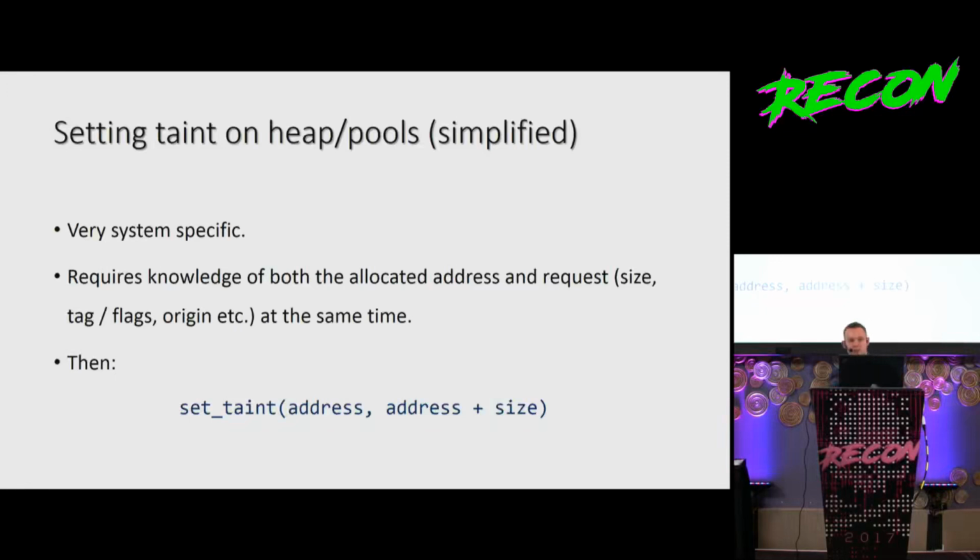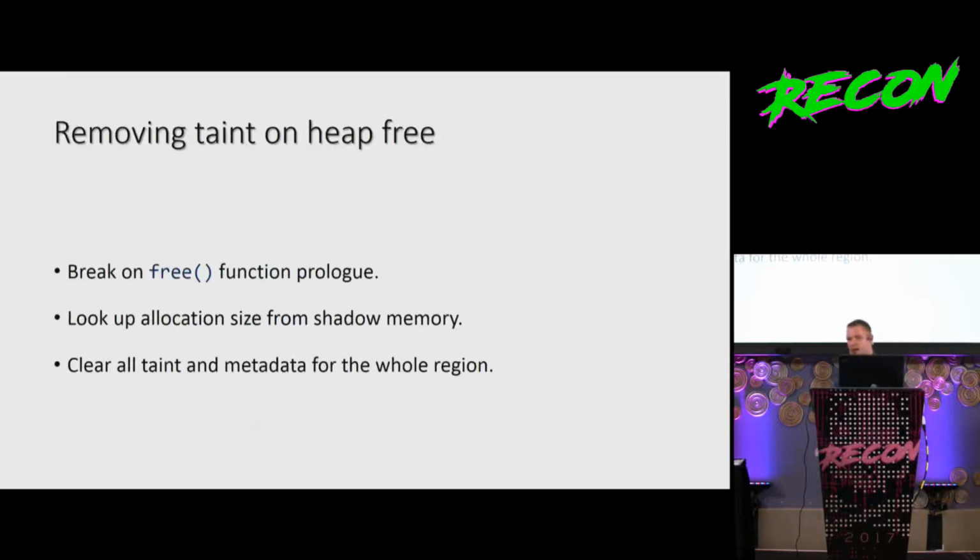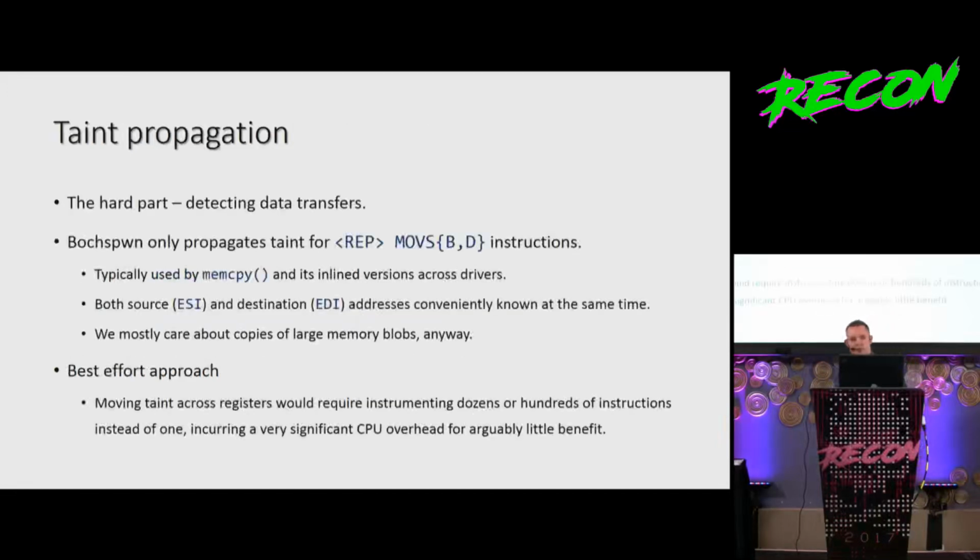Once we have this information, we just, again, set the taint on the whole region that was allocated. Then we remove taint on heap free, which means we have to, again, break on the free function or functions possibly, look up what the allocation size was, and free the whole memory region again in our shadow memory. And now we come to the hardest problem of all, which is taint propagation,